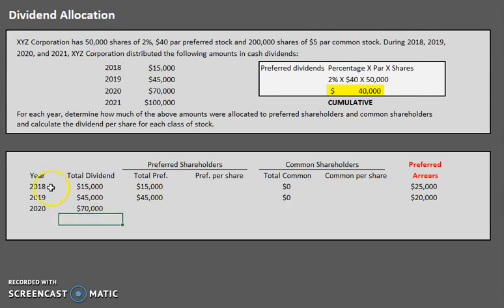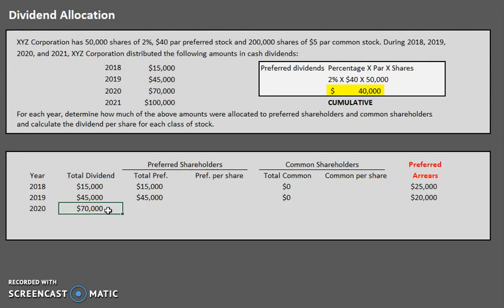So in 2020, XYZ Corporation says I have $70,000 to give out. So let's take a look at preferred. Preferred reaches out their hand and says, I would like how much? They would like $40,000 plus the $20,000 from last year. They want $60,000. Now, does XYZ Corporation have enough money to give out